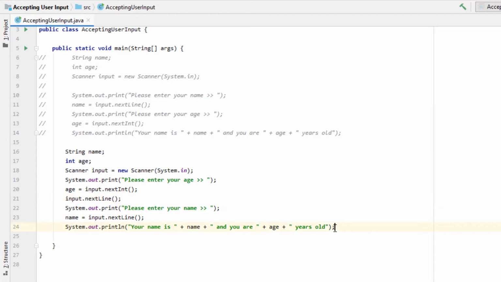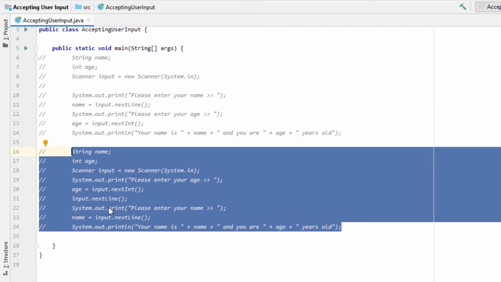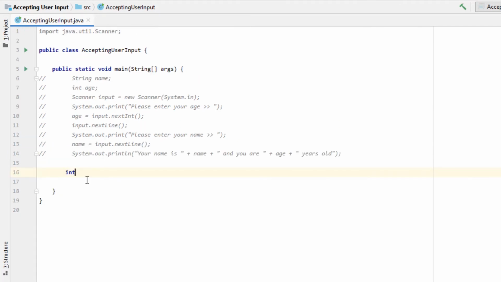So we will need the length and width from our user. Let's comment this block of code. Now, let's declare our variables. int length; int width; int area;